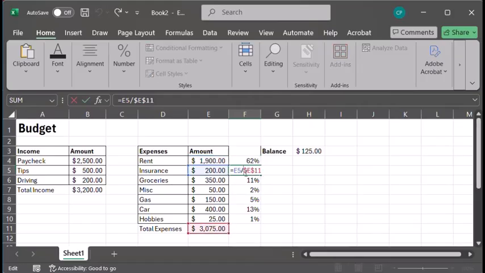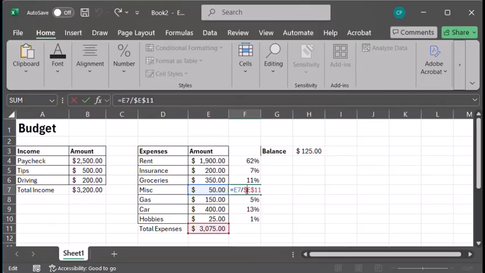If I double click on the next one, it's doing E5 divided by E11. The next cell is doing E6 divided by E11. So you see that as we've dragged the formula down, each next cell is looking at one down from the previous one. So we started with E5, then E6, then E7, etc., all the way down the table.